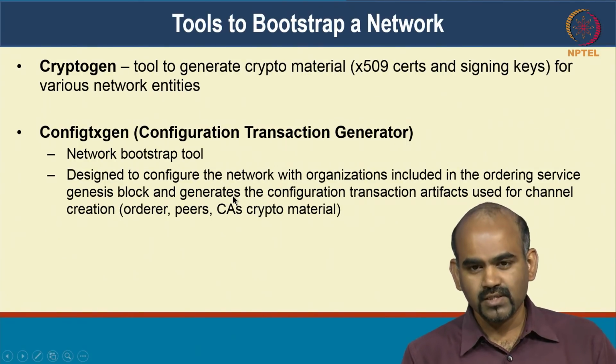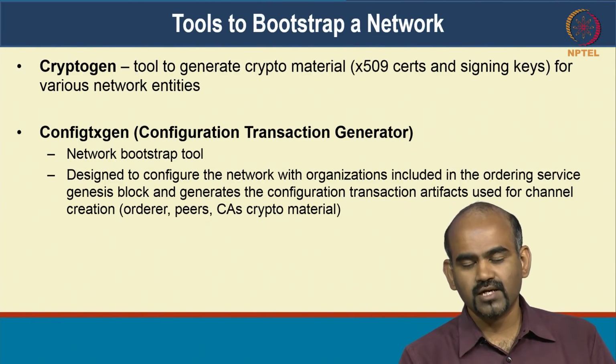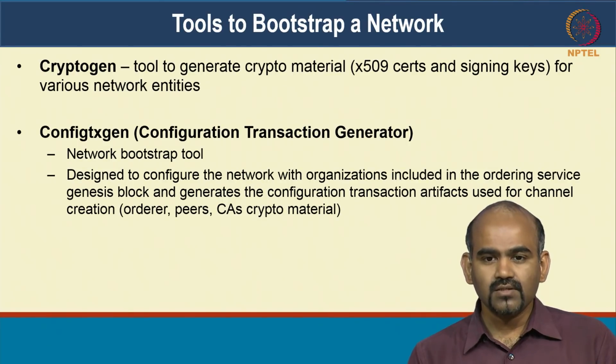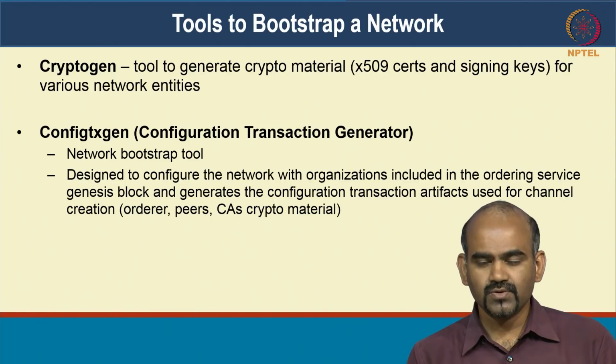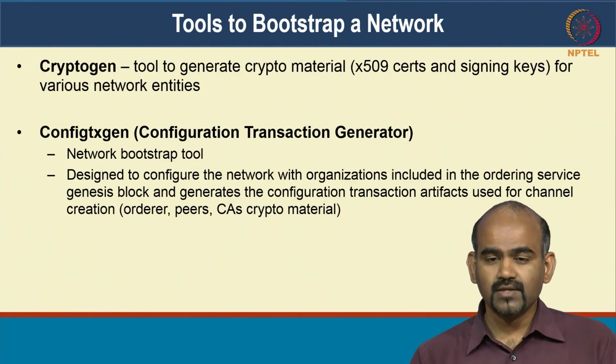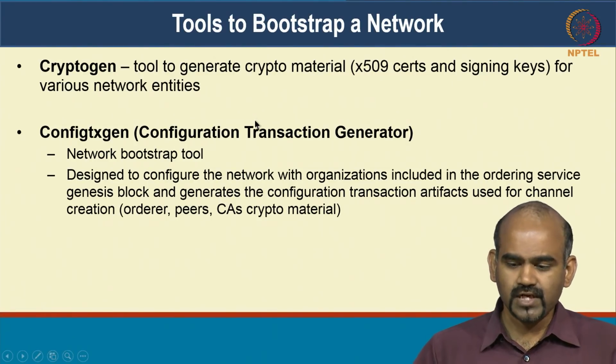It then goes and creates the genesis block, and it also has a configuration transaction that tells the orderer and the channel that these are the organizations that are participating, these are the peers who are part of the network. And in future, you can modify that configuration through channel configuration transactions. That is also possible as long as you are an admin of that channel. So that is an important access control that you'll have to satisfy. Those are some of the features in Hyperledger Fabric with respect to membership and access control.